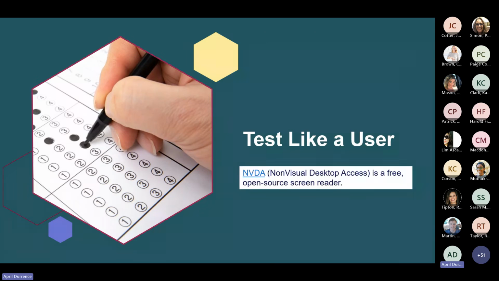Built-in accessibility checkers are great, and you should use them, but they aren't enough. Test with some of the tools that students with disabilities will use in your course. Magnify your screen to 200% and see how the text and images look. Resize your screen so that, if someone is using a mobile phone or is blowing things up, they can still see things well. Make sure that things resize.